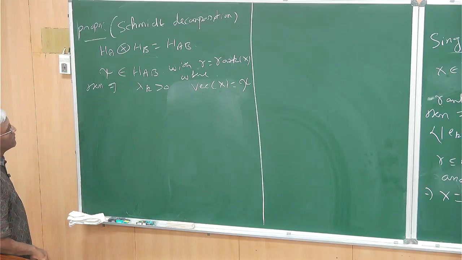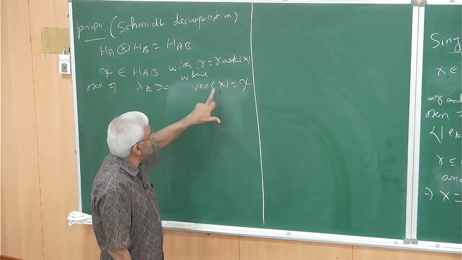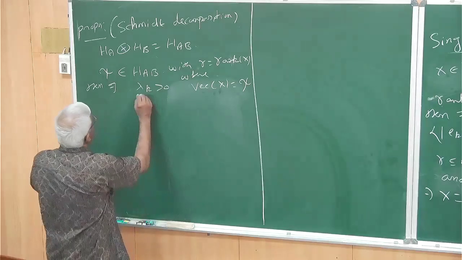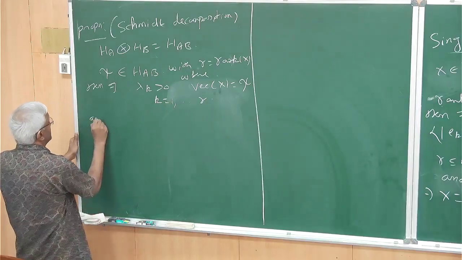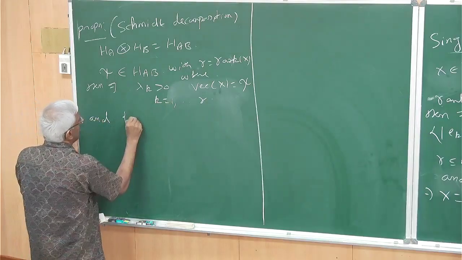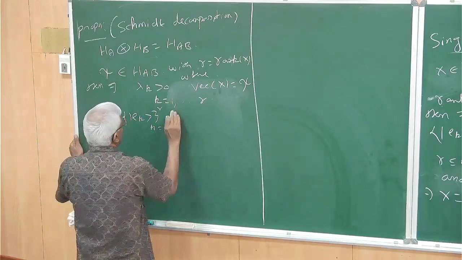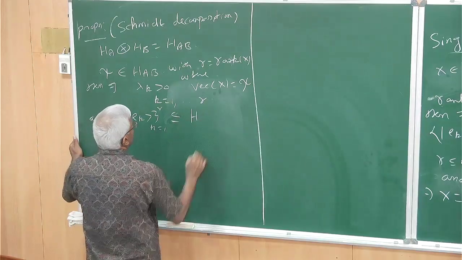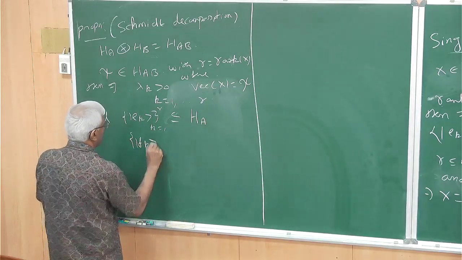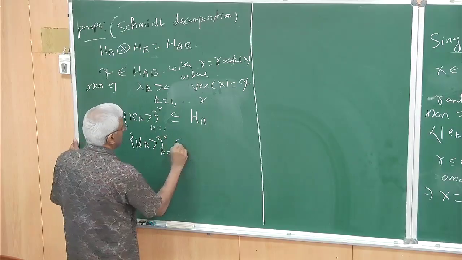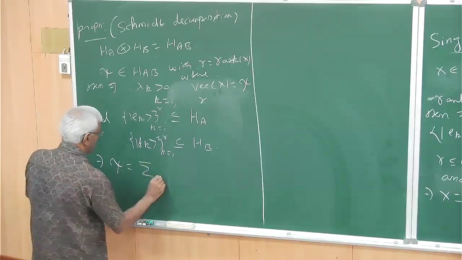So now when you have something chi, you can associate a matrix to that. That matrix has rank R. Then you have lambda k, k equal to 1 to R, and Ek, k equal to 1 to R, the vectors contained in HA, and Fk, k equal to 1 to R, contained in HB, such that this chi is equal to summation.